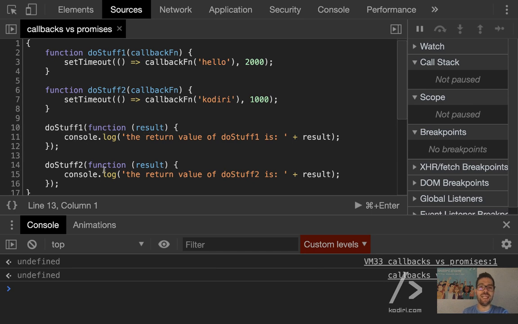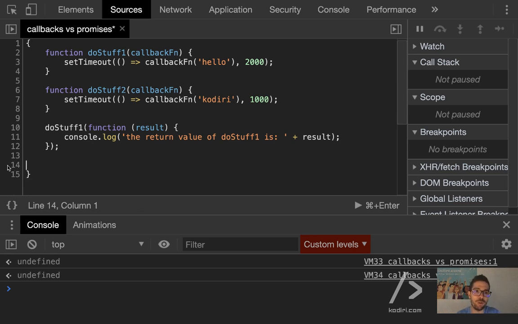Anyway, I hope you agree that line 15 will run before 11. Yeah? But now the question is, what happens if we want to respect some sort of order? We don't want to invoke do stuff 2 until do stuff 1 has been successfully executed. Does anyone know how to handle execution order? Can we do that? Can we move do stuff 2 inside of do stuff 1?